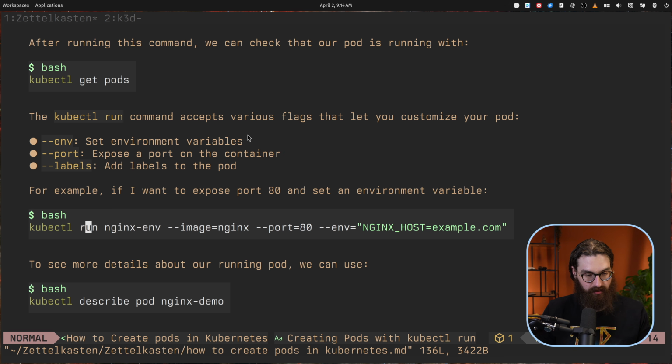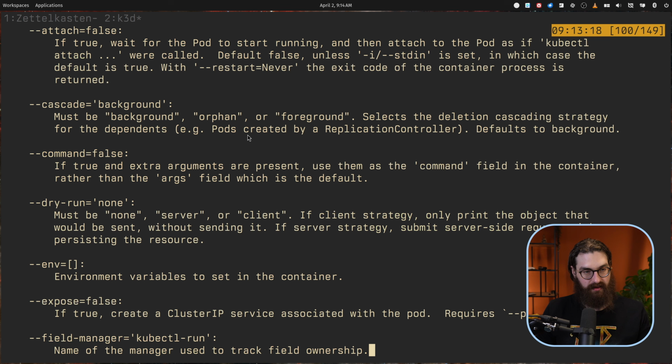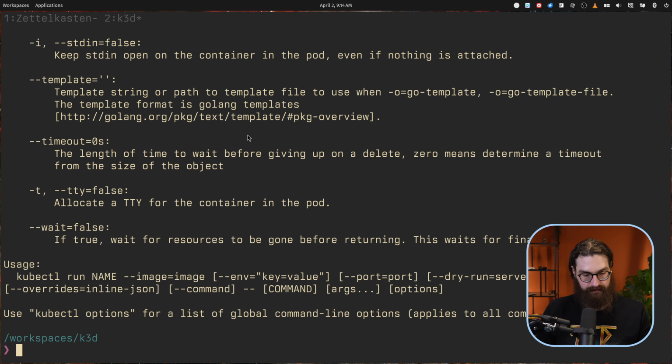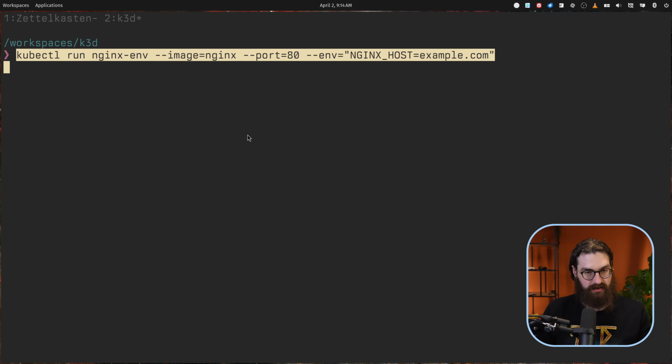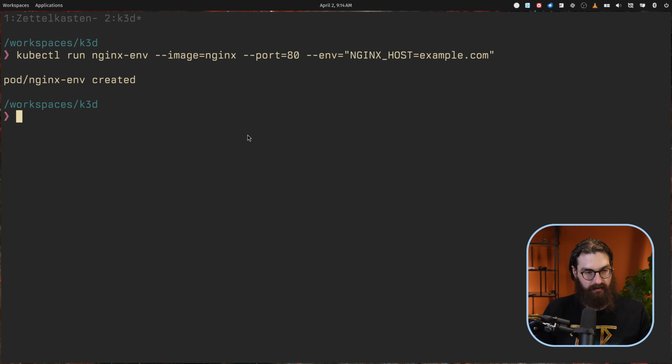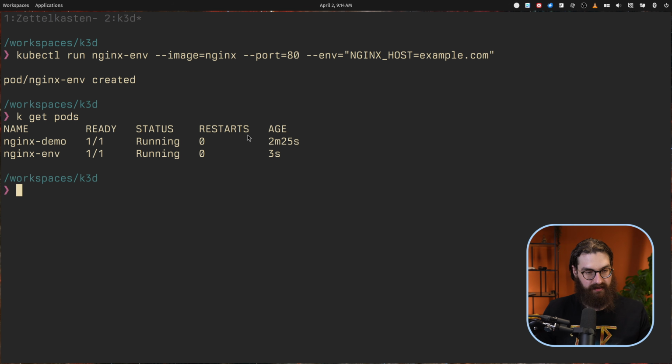So kubectl run, and then nginx-env, so that's a new pod that's going to be created with the image nginx, and then I add the flag --port 80, and then --env NGINX_HOST=example.com. So if I copy that and I run this, now if I do kget pods again, I see I have a second pod running called